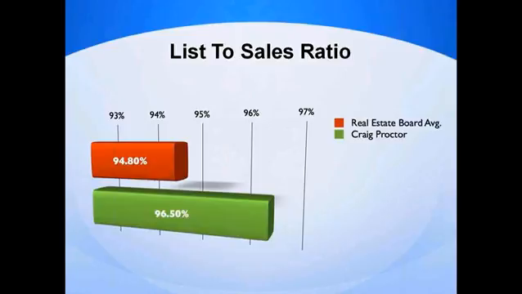So you could show a seller a chart that shows days on the market are going way, way up, and the number of sales at the same time are going way, way down, and the list-to-sales ratio is going way, way down. Those three statistics as a whole certainly indicate that the market's going down, but you're always going to have the odd seller that's going to say, well, I'm not going to pay attention to any of that.